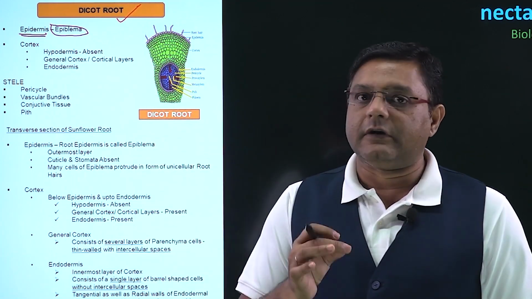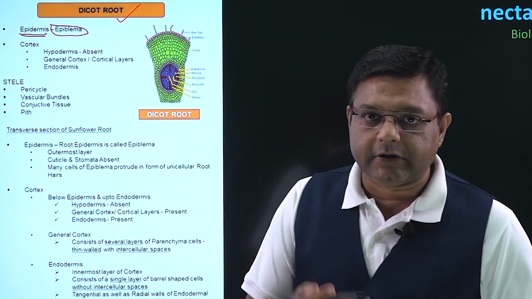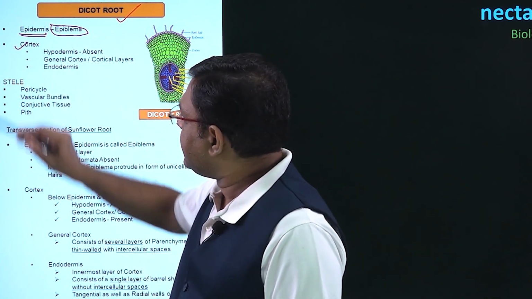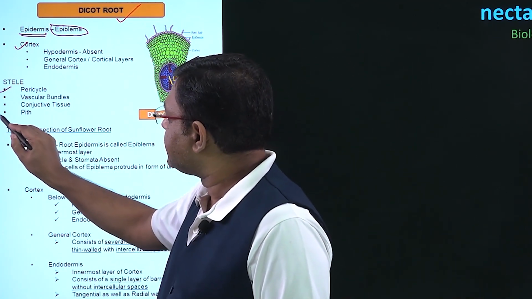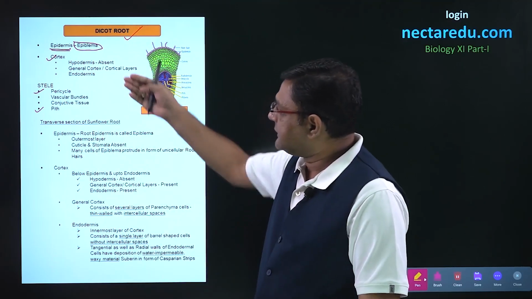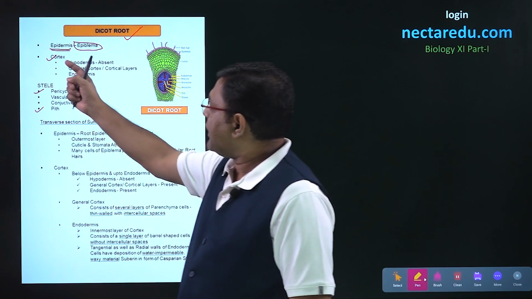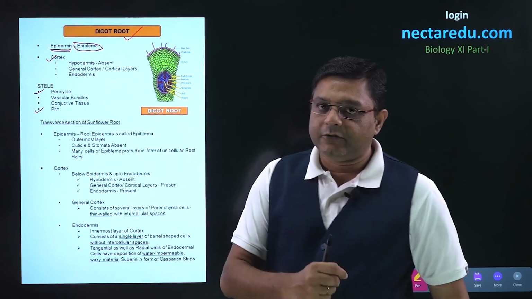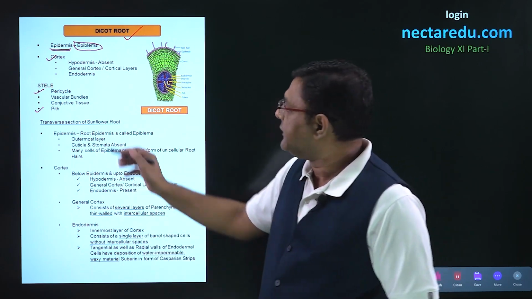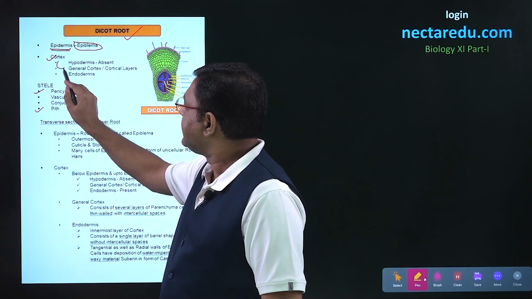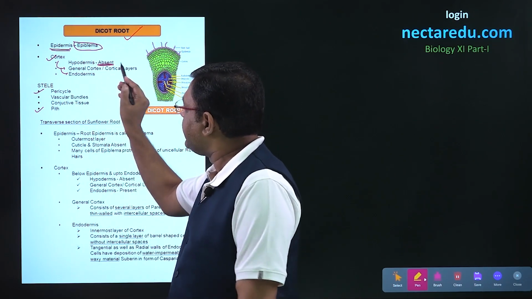After this, coming to ground tissue system. Now, ground tissue system is divided into three parts. The first part is the cortex, the second part is pericycle, and the third part is the pith. So, these three parts constitute the ground tissue system. Now, cortex is further divided into three parts, but in the case of roots, hypodermis is absent. So, we can say that cortex will just have general cortex and endodermis, and hypodermis will be absent in the